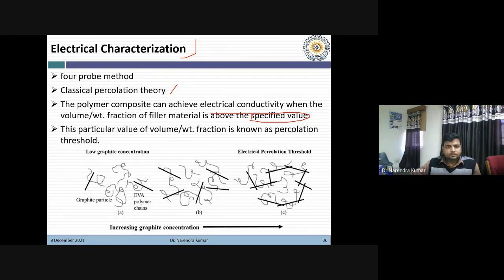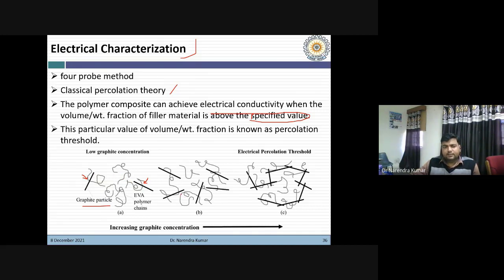You can see here I have taken gray color for the EVA polymer chains, and black to show the graphite particles. Initially, when we add the graphite filler in low proportion, this is the situation. This graphite particle and this graphite particle have some distance between them, and they are not making any contact between the EVA matrix chains.